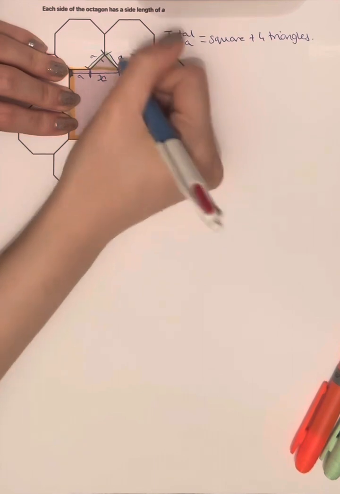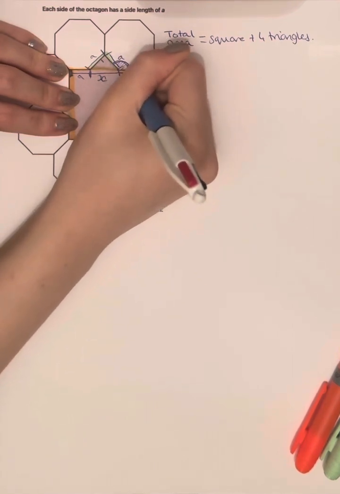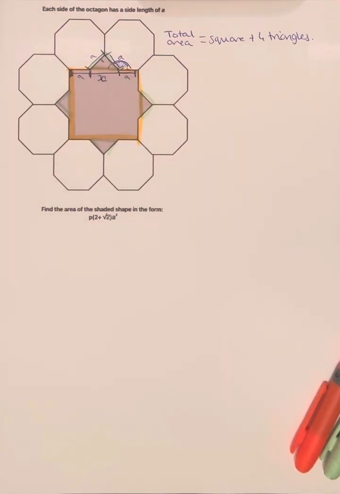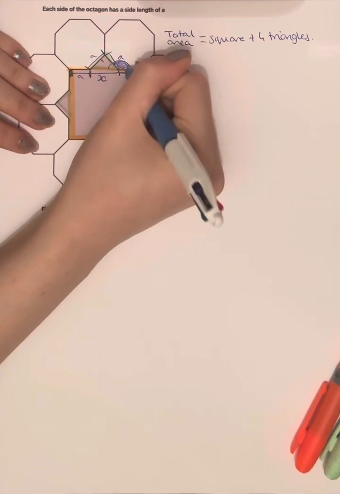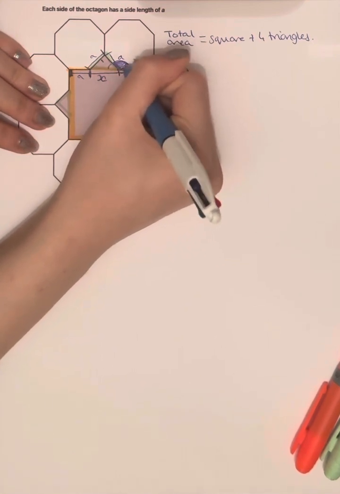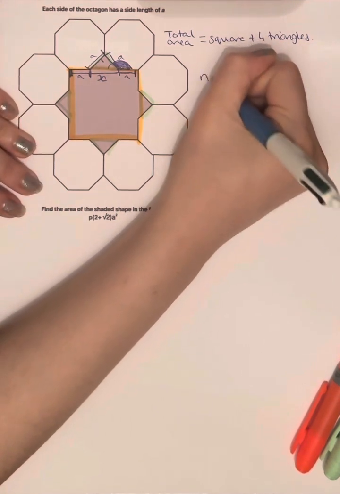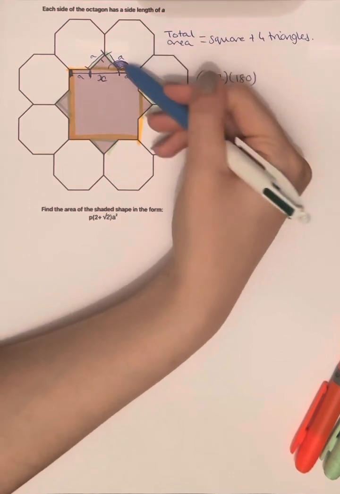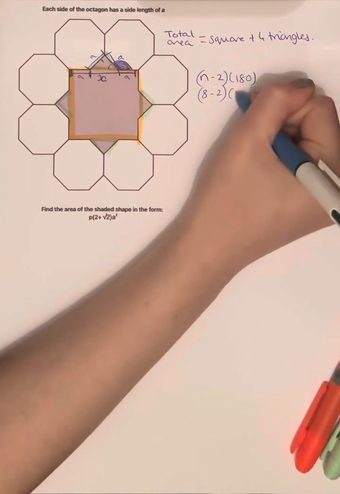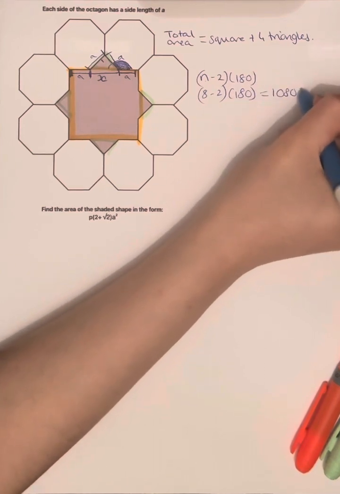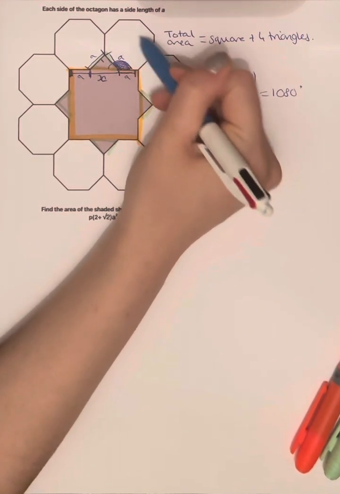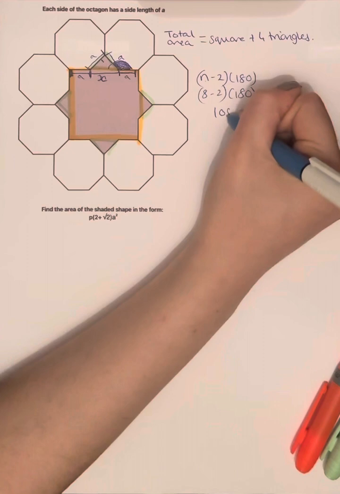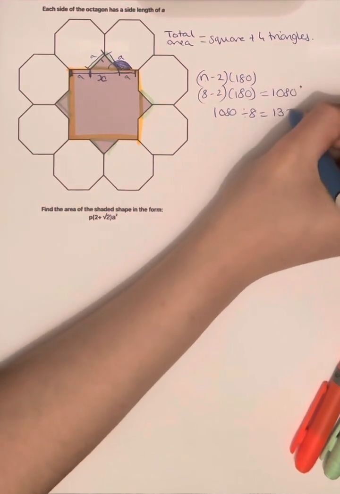If we find this angle here, we can then find this angle and show that it is definitely a 90 degrees angle. Some of you may already know this angle off by heart, but if not, that's okay, we're going to find it out. We use n minus 2 multiplied by 180, where n is the number of sides that the shape has, so in this case that's 8. So 8 minus 2 multiplied by 180 is 1080 degrees. That's the total of the angles in an octagon. To find this single one here, we do 1080 divided by 8,